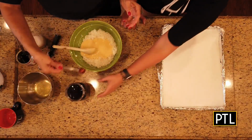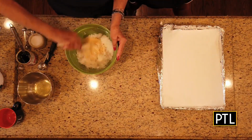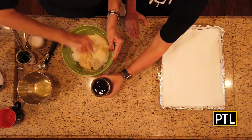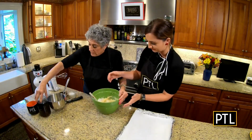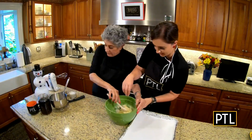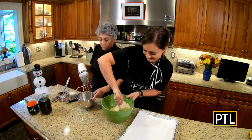Oh, the homemade vanilla is so good. And you made this a while ago, right? Oh, it'll last a long time. And now what I'm going to do is ask you, this is important, and I'm going to move this. You mix it. Okay. Because while you're mixing it, this is the next super important part of this recipe,